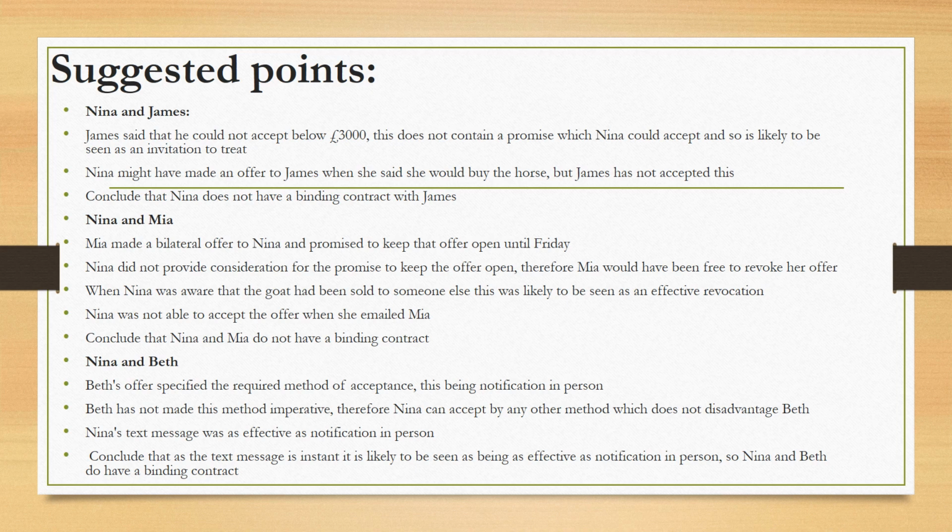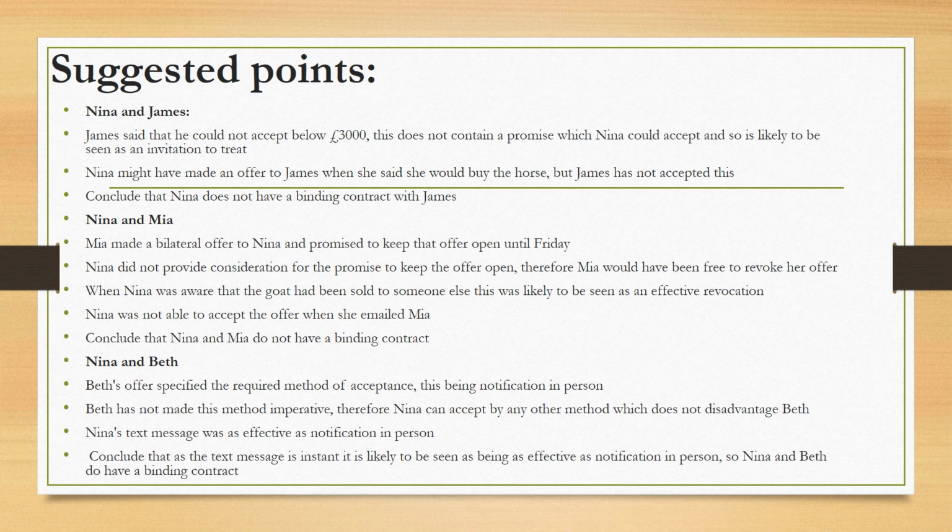So obviously you can set out your answer once you've given your key learning AO1 principles. You can then set out your structure in 3 paragraphs dealing with each of those communications. So the first thing is whether between Nina and James we have an offer. And you see in the first one, it's more likely to be an invitation to treat because it doesn't contain a promise. And then you could consider whether an offer's made, but hasn't been accepted at that point. So there isn't a binding contract. So you see what you're doing structure-wise is just picking out the relevant points using the scenario as your structure